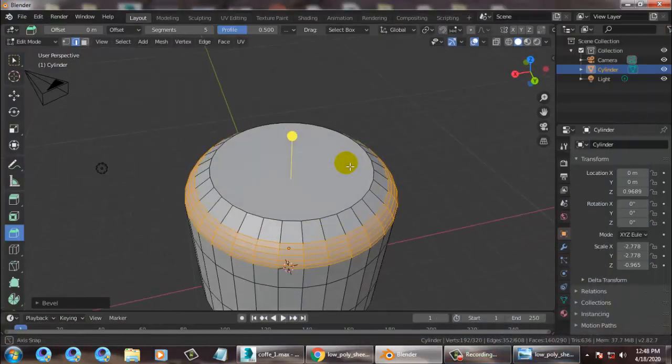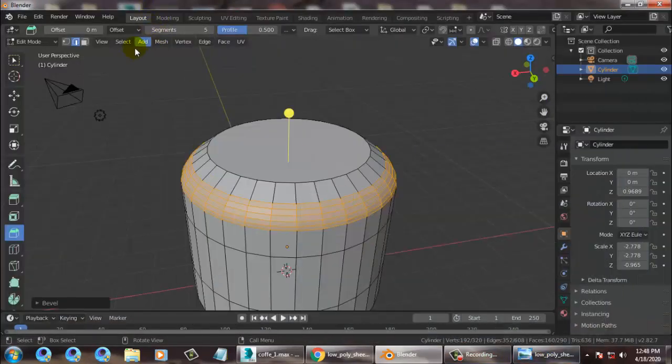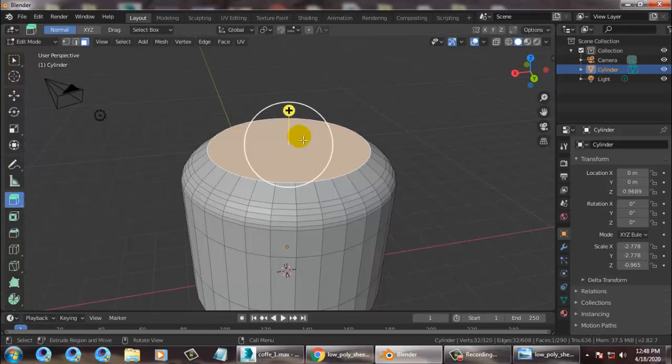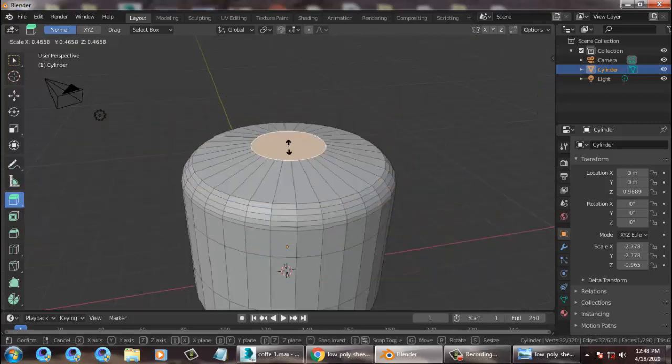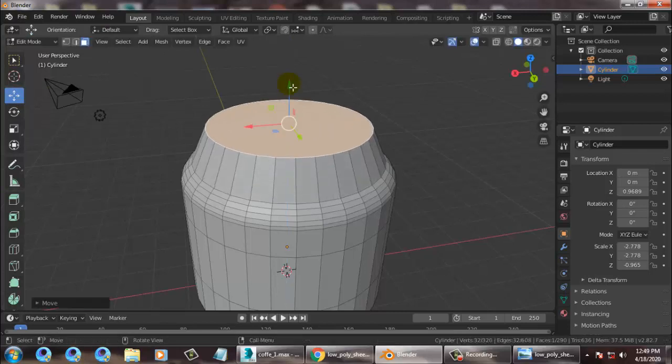Once you're done with this part, I'll just select this face over here and let's click over here, that's your extrude region. Before extruding it, first I don't want to extrude it, sorry.